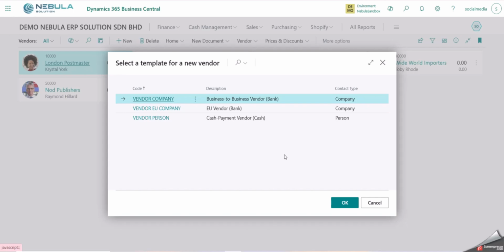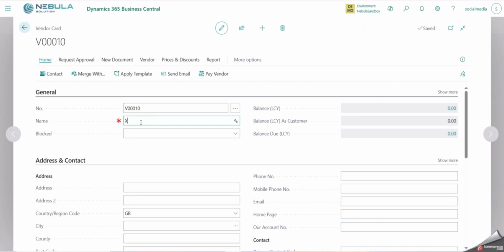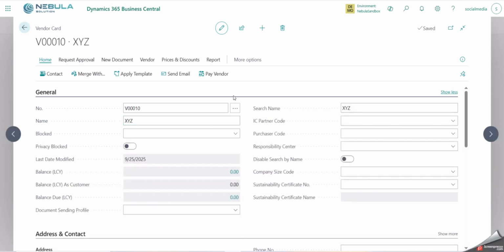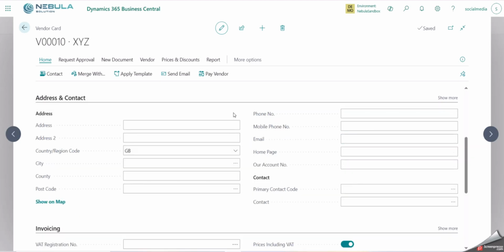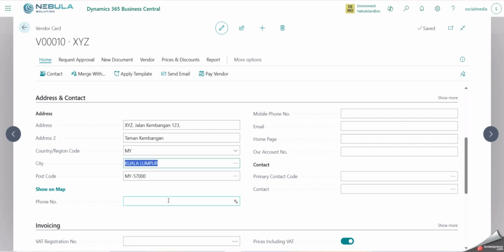For this demo, let's choose cash payment vendor cash. First, we will fill in the name of the vendor. We can click on Show More to see more fields. On the General tab, we can also assign the purchaser and responsibility center. If there is any field that you are not sure about, you can always refer to the quick explanation in the tooltips. Next, under Address and Contact, we will enter the vendor contact details such as address, phone numbers, and